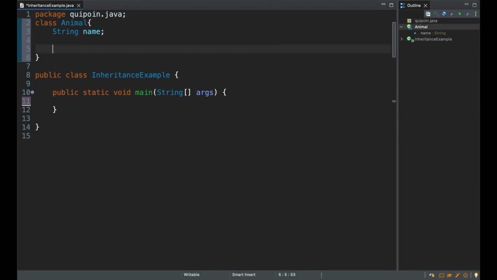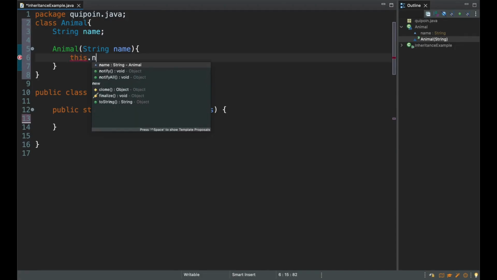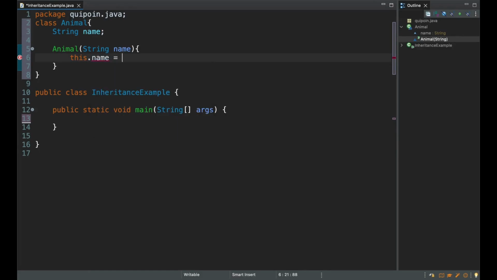We will write Animal, and inside parentheses String name, and then curly braces. Then using this keyword we will write this.name = name;